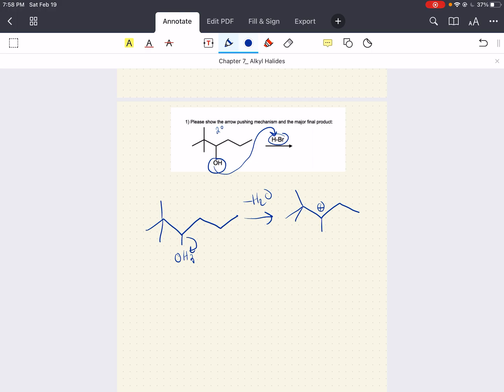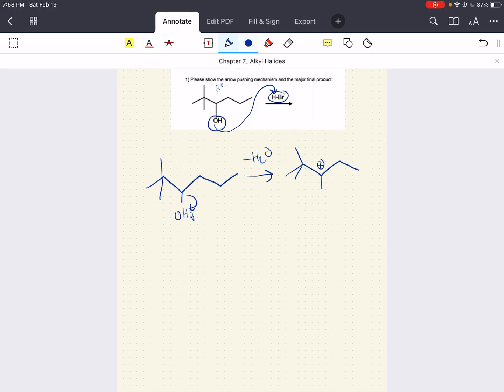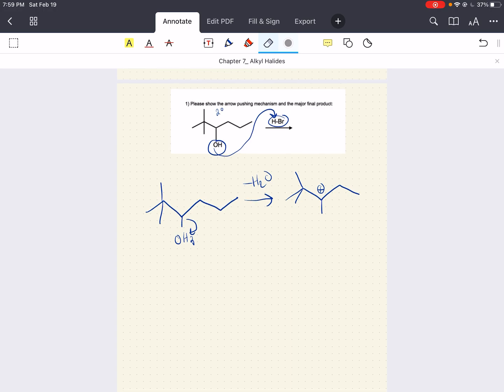Now what will happen is your bromine, your nucleophile, well, actually, wait, hold up. Before we get too excited and attack with our nucleophile, I misdrew this. When our water leaves, there's no group here, so this is a secondary carbocation. Can we make it tertiary? Absolutely. We can move the methyl group here, carbocation rearrangement,